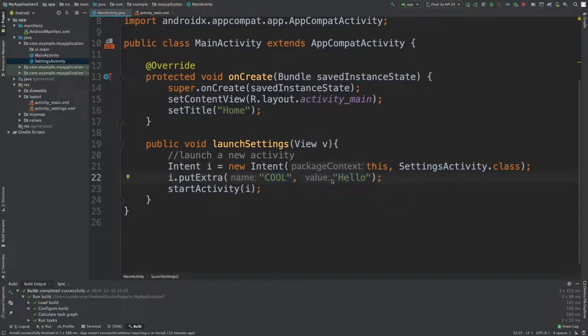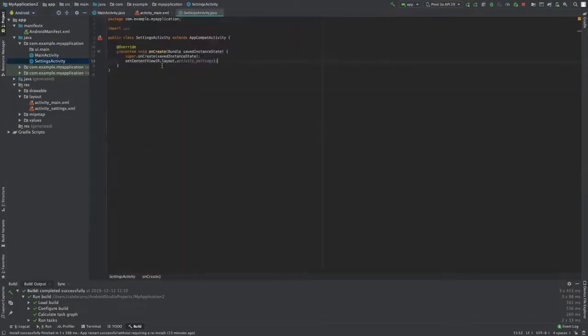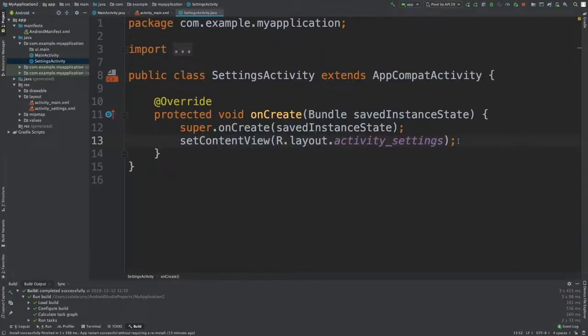So that is how we identify the string. If we want to grab this one, we use the key "cool". So yeah, very realistic example here, as you guys can tell. So what we're going to do now is go over into the activity that we're starting, the settings activity. So we'll open that, zoom in a little bit, and inside of the onCreate, we can grab access